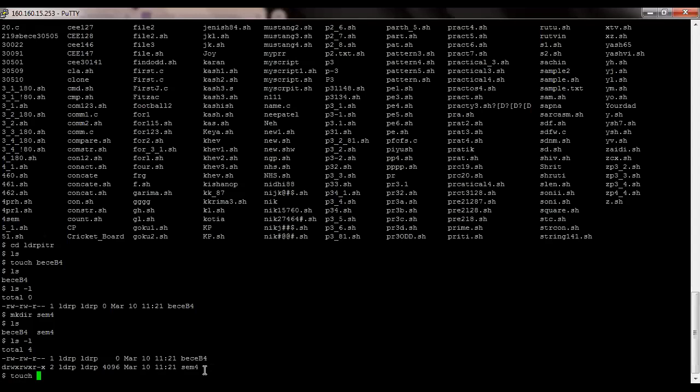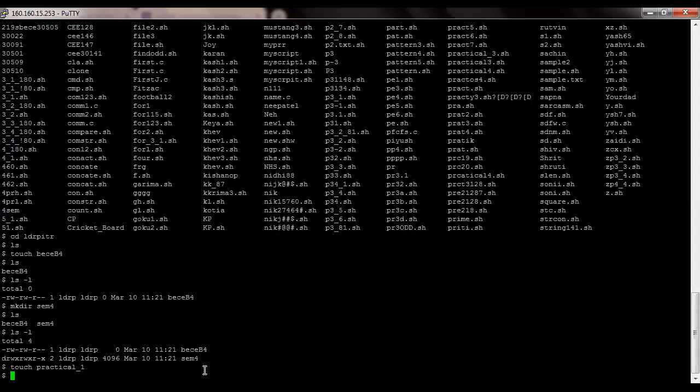Let us have one more practical. This is my one file. There are three ways to make a file. Now, to make a file with the help of vi, practical underscore 2.